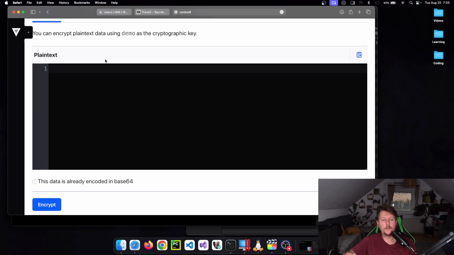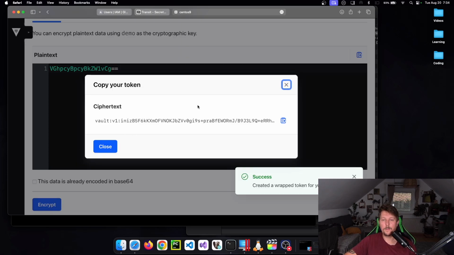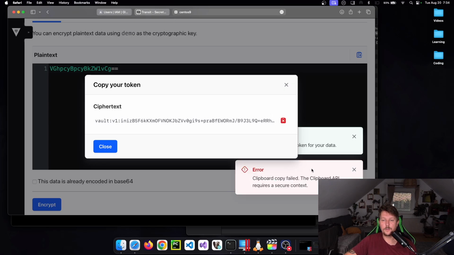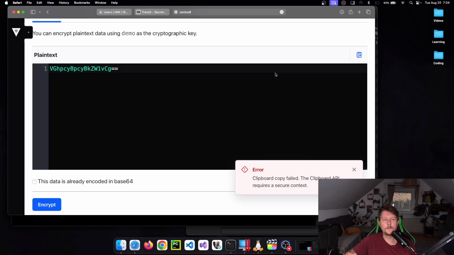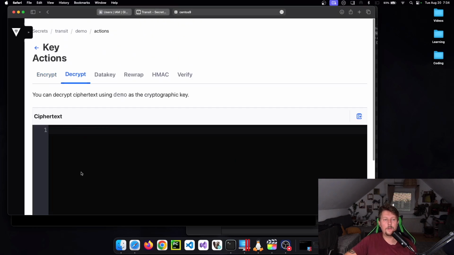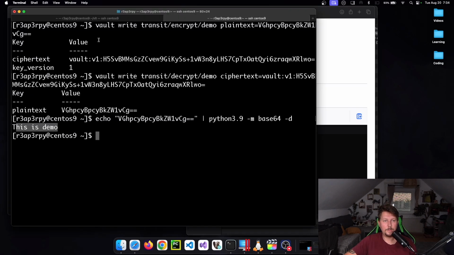specify our plain text and we could encrypt it. And if you are not using HTTPS, it should error out because it requires a secure context. Or we could use the decrypt. So let's use the ciphertext, this one